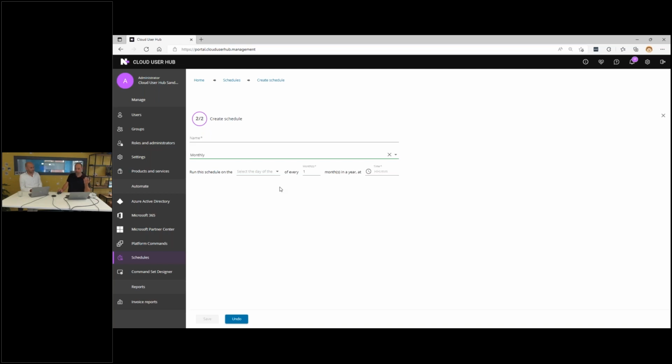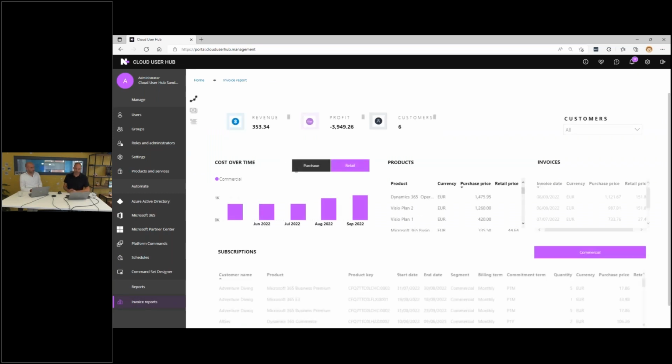Now, we also have reports that function at a higher level. If you think about the invoicing aspect, that first thing that we actually started with, if you sell something, you want to know what the cost is. That's what, for example, the invoice report will do. Now, the invoice report, and we use Power BI quite extensively, as you can see in the product, also allows you that multi-tenant insight into the invoice without having to convert it into Excel and do the segmentation yourself, for example. This takes all the information from Microsoft Partner Center APIs and then aggregates it on screen.